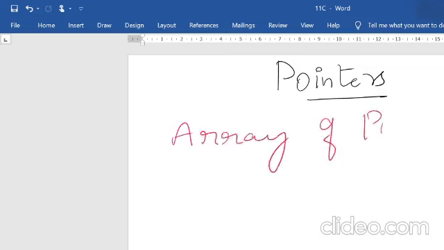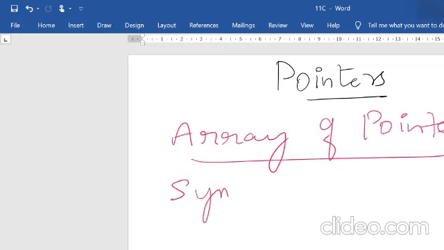We know what a pointer is now, right? A pointer is a variable which stores the memory address of another variable. So, why are we going to make use of an array of pointers? If you have a larger number of elements in a group, then it is not possible to go on declaring each and every element with a different pointer name. It increases the size of the memory. So instead we use an array of pointers.